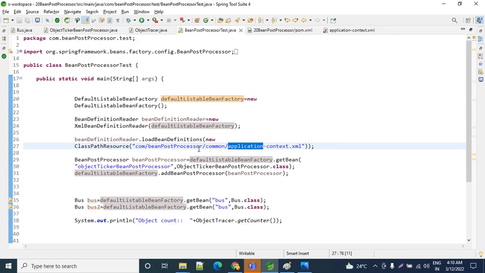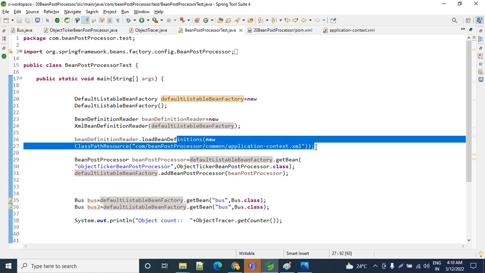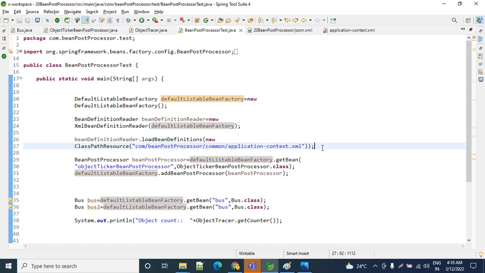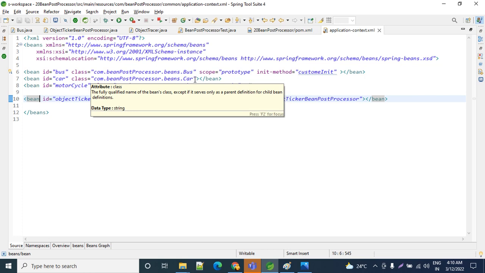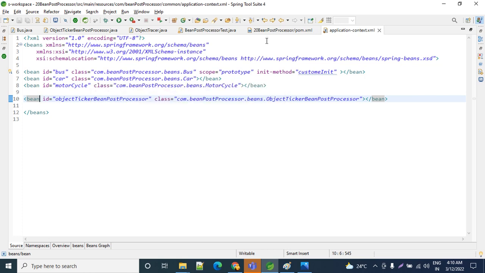Okay, then my application-context.xml is read, and it will create the IOC container. So whenever I am asking for any bean, it will go and verify whether there is any bean definition with this variable, and if any dependencies are there, then it will perform that dependency injection, either constructor or setter injection. Once that is completed,